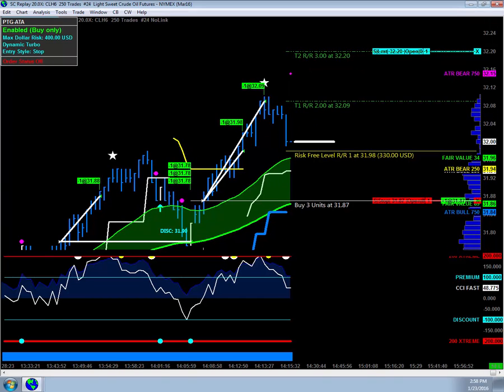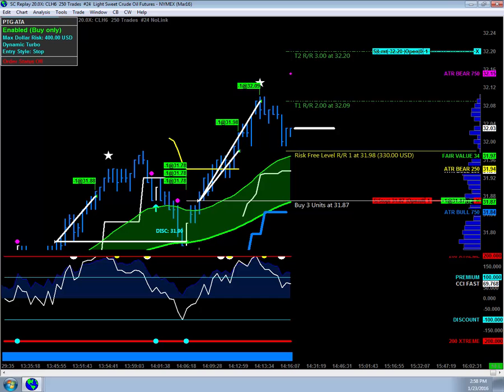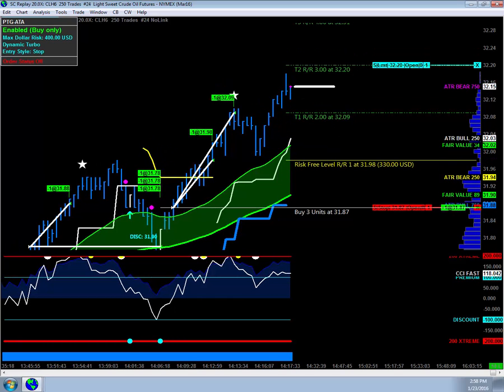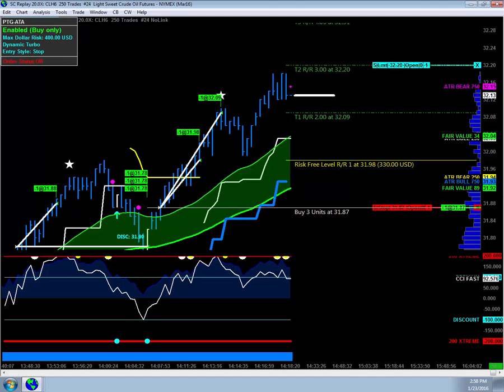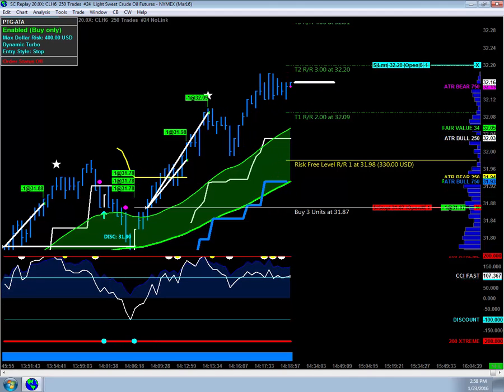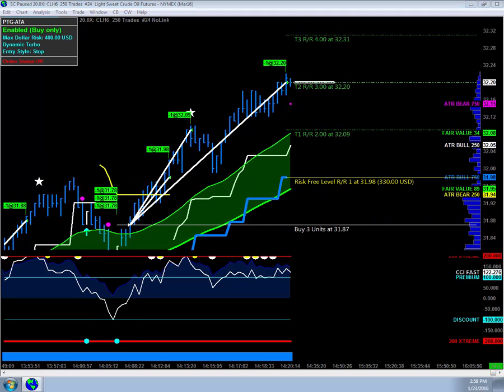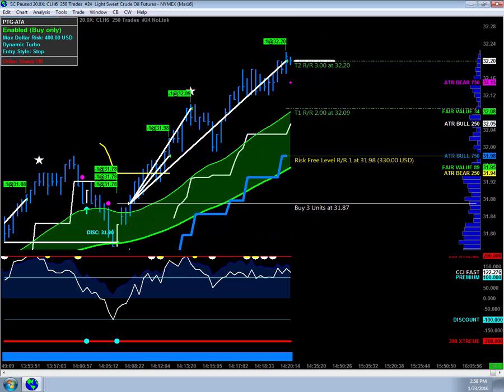This was a very, very good trade. Oil had exhibited breakout tendencies on Friday, and we caught a couple of very good trades in oil on Friday. Now, oil is a contract by which, okay, let me just stop that. We got our third exit here. Oil is a contract by which, when the price starts breaking out, it's hard to get